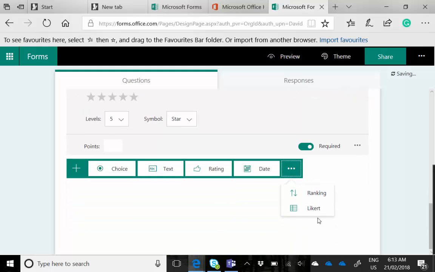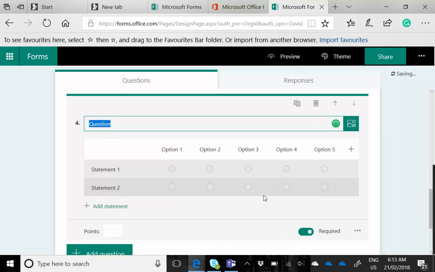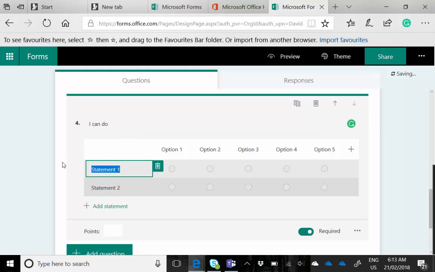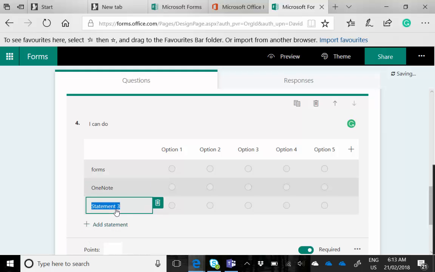Probably this one down here is one of the most useful ones. All right, so if we go to this one, this will give you the ability to have different options and different questions. So about statements. So I can do, and then you might say forms, and I can do OneNote. Right, and you can keep adding statements down here. What are the other things that we might want to do? Might want to do a Sway. Alright, so that's those options. Now here, you might go easy,